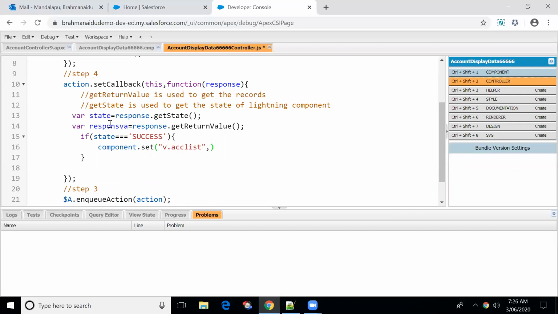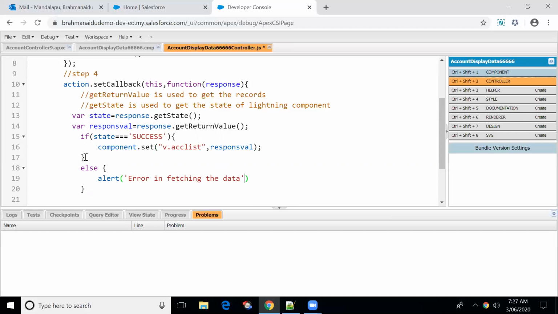So the data will be present in the response value. Let's say if the state is not success, then I just want to display some message to the user, so let me put an alert: error in fetching the data.